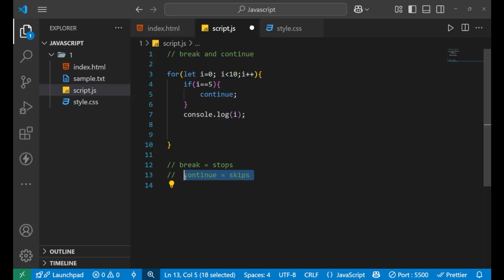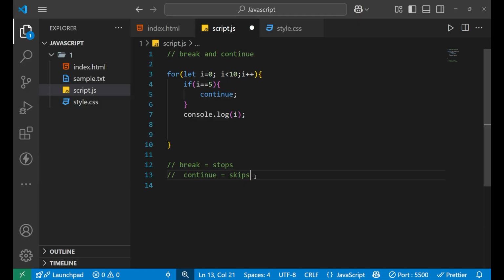Break is normally used when we want to finish the execution of the loop when a particular condition comes, and continue is used when we want to skip that particular execution of the loop for the particular condition, and we want the rest of the execution to work properly.